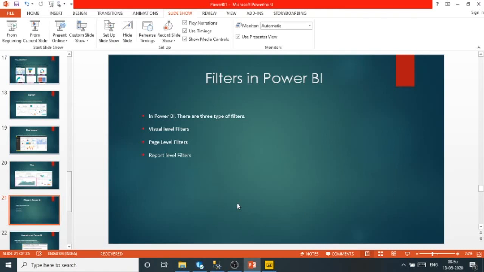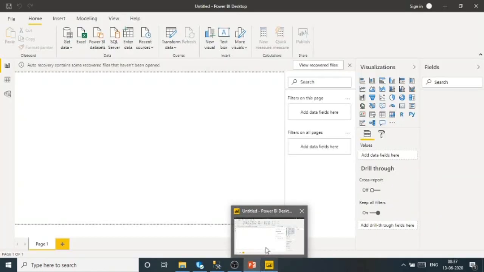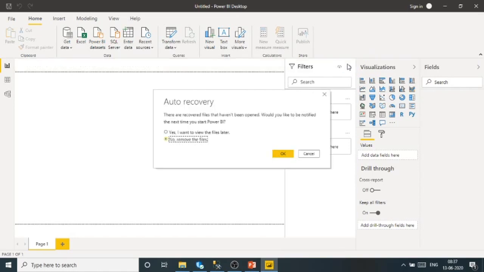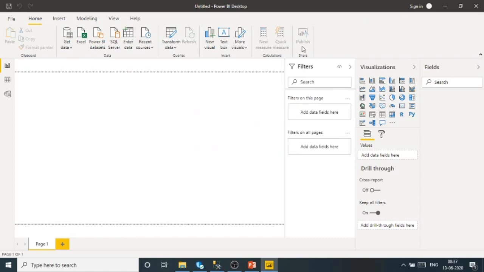So filters: there are three types of filters in Power BI. If you can see here, this is the filter part. I have not recovered this, so that's why it is showing me a message. As of now there are three types of filters: filters on this page, and filters on all pages.